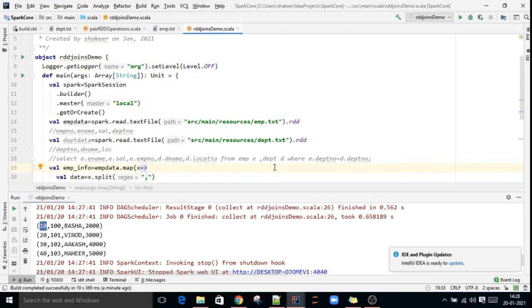In a similar way you have to do it for the department dataset also.